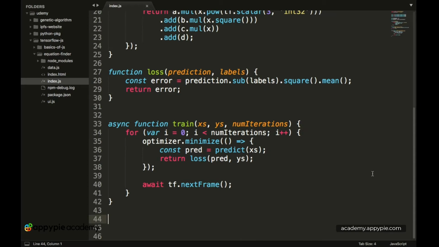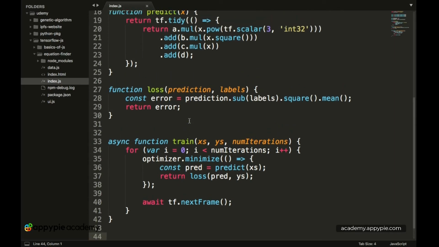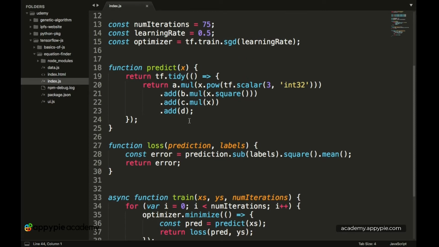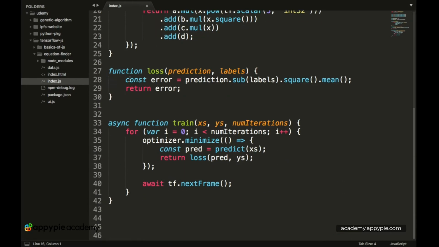Okay, so up till now we have basically completed creating functions which can train our model, calculate the loss value, and predict an output value by passing in an input value of x. Now it's finally time to create a function which can stitch all of these functions together and make our JavaScript file work as a unified program. Before we do that, we have to start writing some code in the UI.js file.